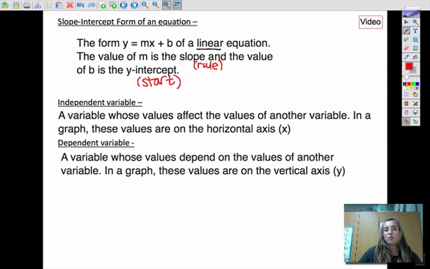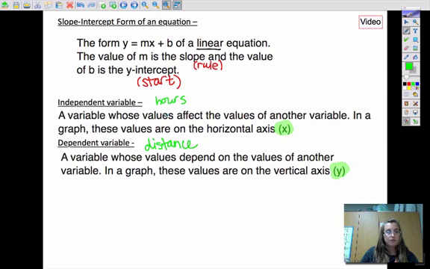Okay? Remember, y-intercept is where it crosses that y-axis. Okay? And then here's how I decided which variable to use. Okay? So our independent variable is always x. Our independent variable is always this x, okay? And our dependent is always our y. And how you have to do is you have to think about which value depends on the other. So in this case, we chose hours for our independent variable and distance for our dependent variable. So we chose hours and we chose distance. That's because the distance that you were away depended on the amount of hours that you were in the car